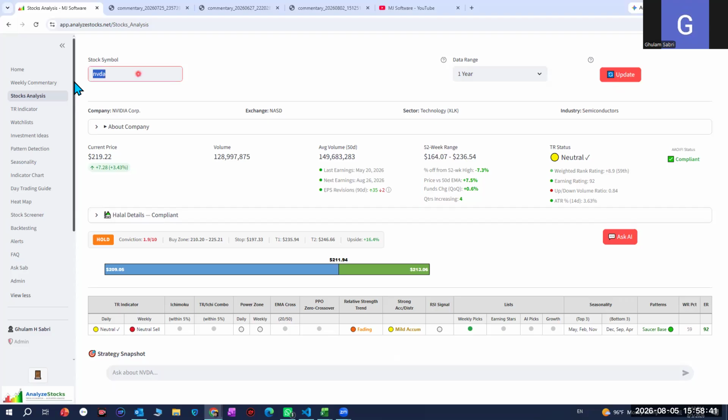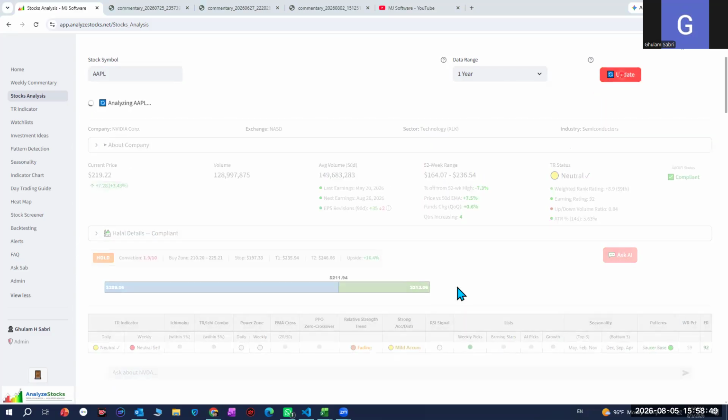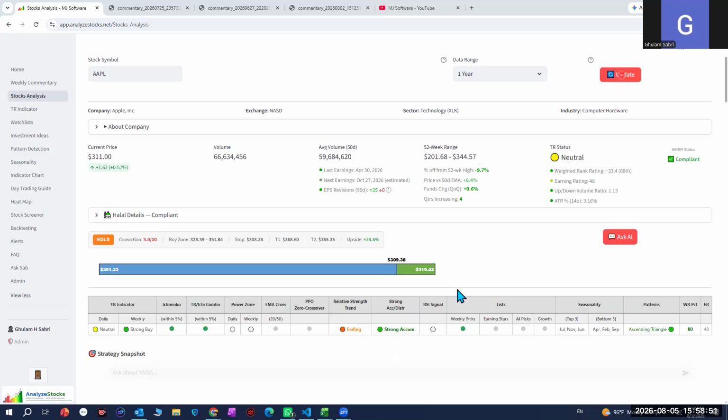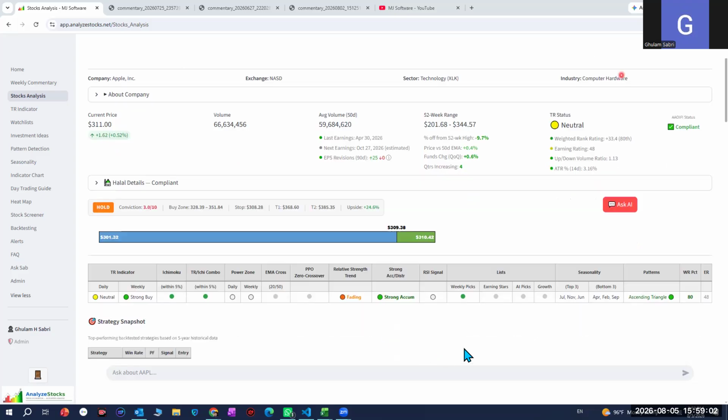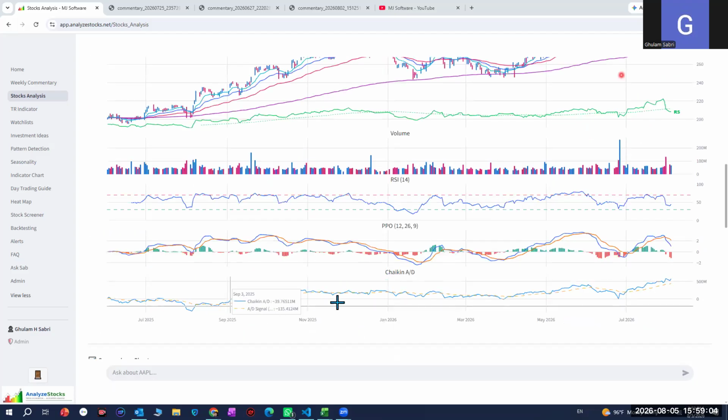Go back to Apple here first. Let me complete the Apple thing and take a look at what the relative strength and strong accumulation distribution are showing. So we change it to Apple. Relative strength is fading because of the last 2 weeks of action, but it is being strongly accumulated by the market. Whenever it comes down, you see this AD line is going up. It's at the maximum for the last 1 year, but the relative strength has come down. Now this is not a good signal for Apple. It means that against the rest of the 500 stocks in the S&P 500, it has been showing